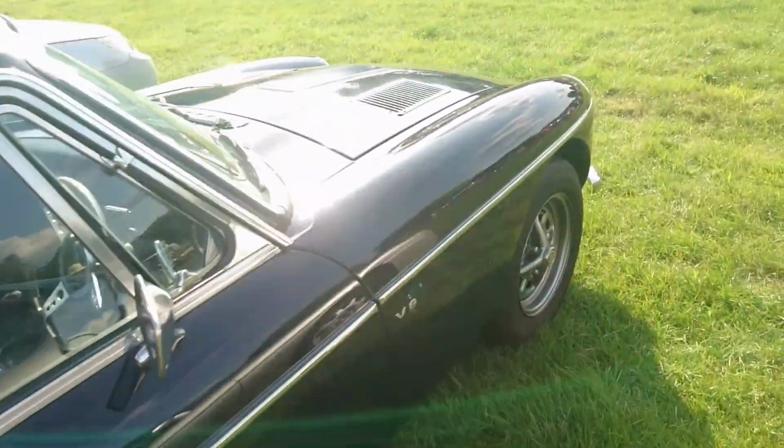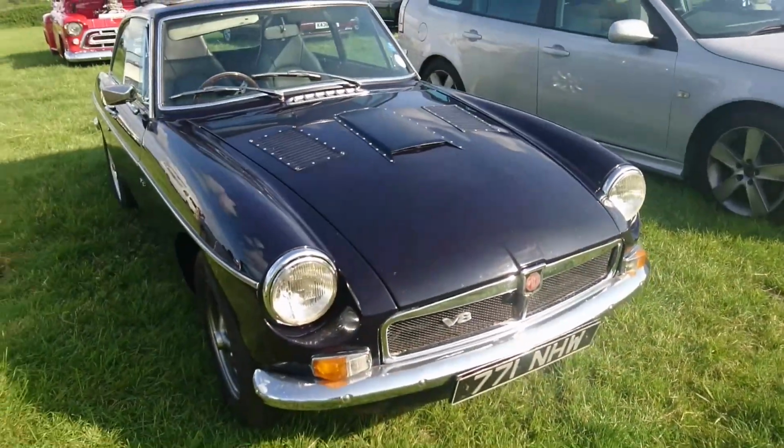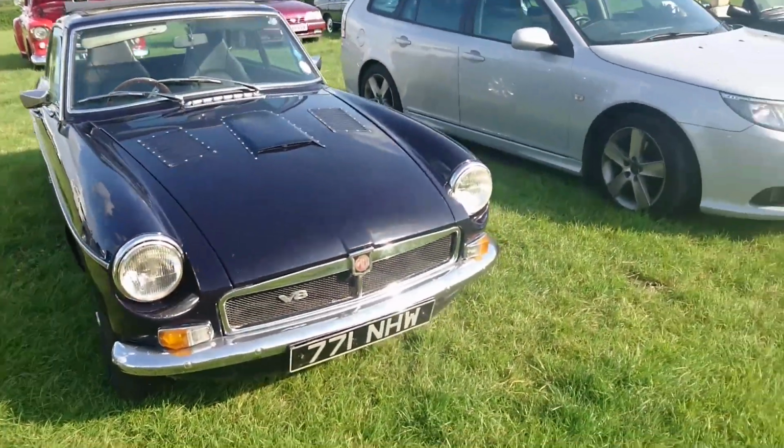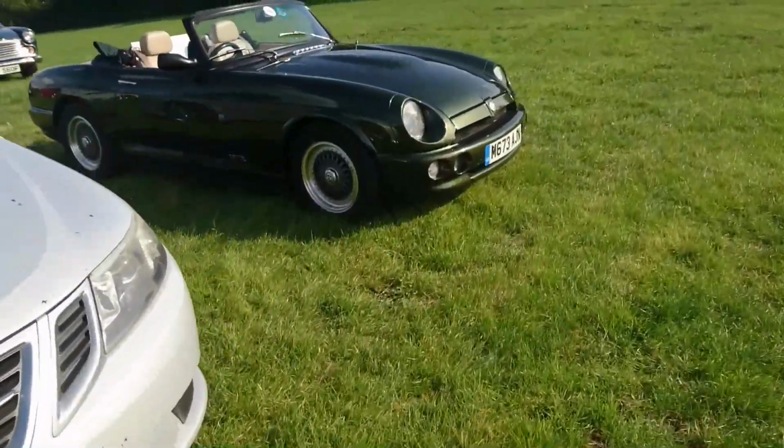Oh, it's a V8. Don't know what year that is. That's been kind of modified, hasn't it? Anyway, it's got bonnet vents and all that sort of stuff. Right, we'll have to have a look at that later, but we can have a look at this MG RV8